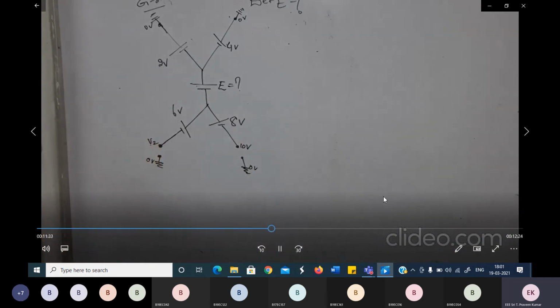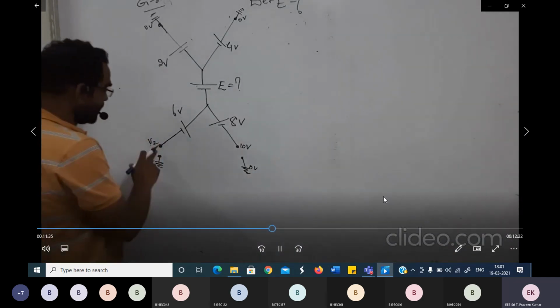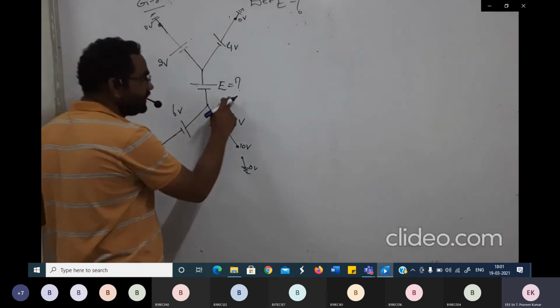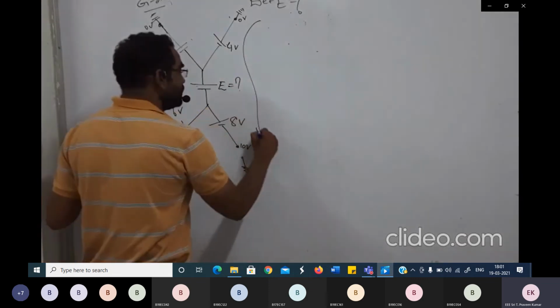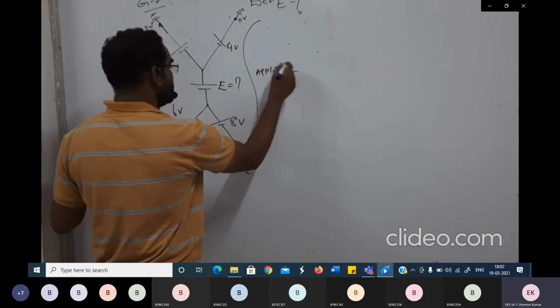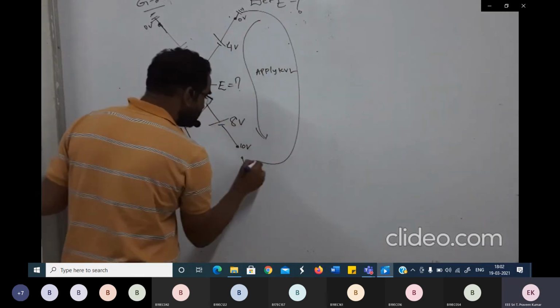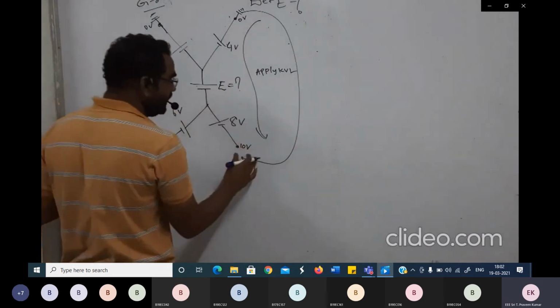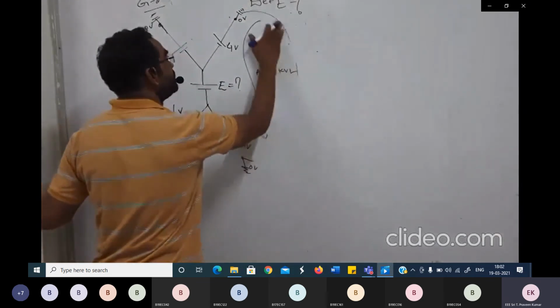Now this is a question which is asked. There are different ways the question can be asked. Your V2 can be asked. How do you get your V2? And the question asked is E. Now let us suppose you apply KVL for this loop. Apply KVL for this, but I am connecting this node to this 0. It forms a loop. So this is a question which is given.